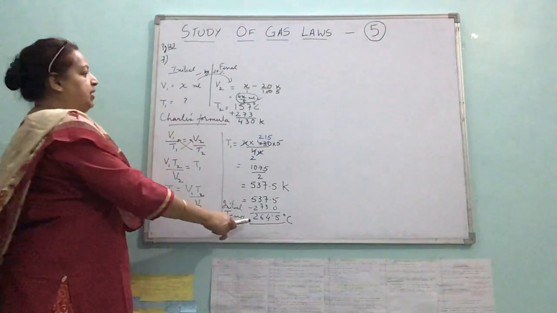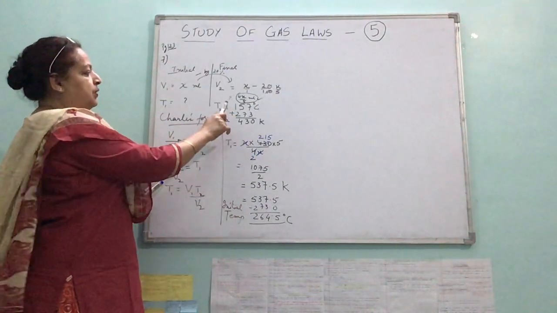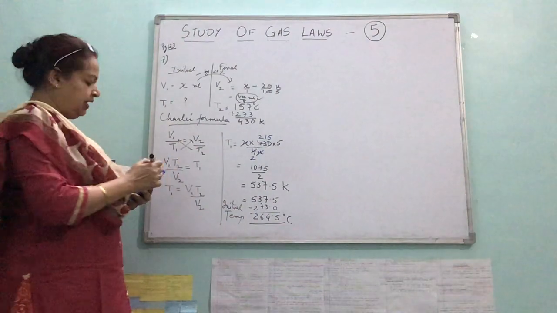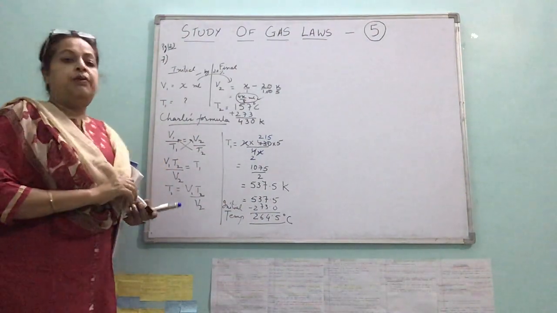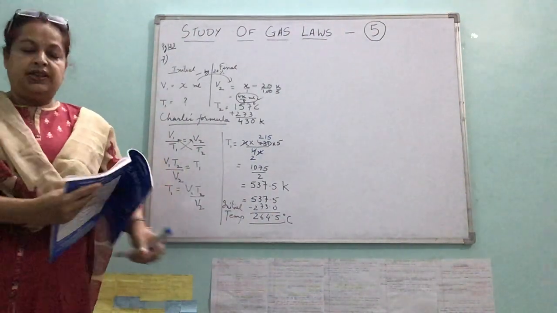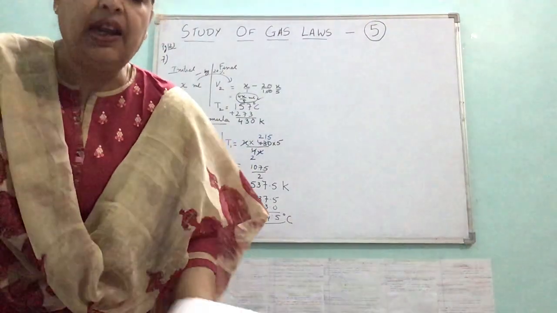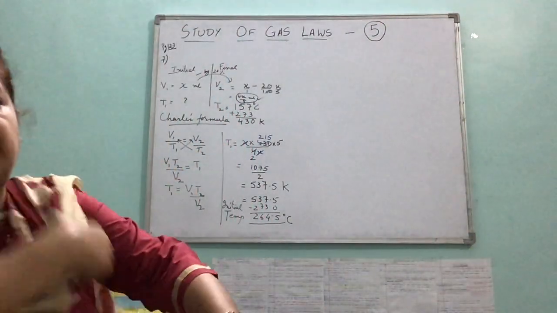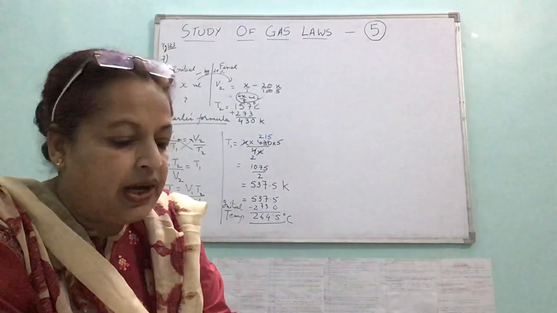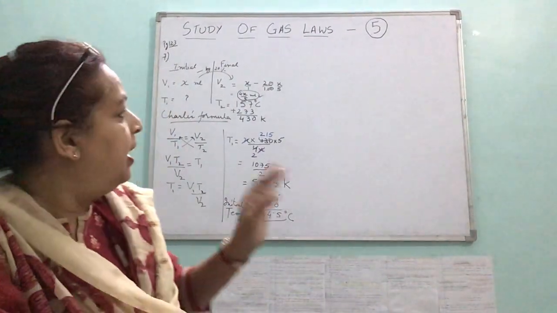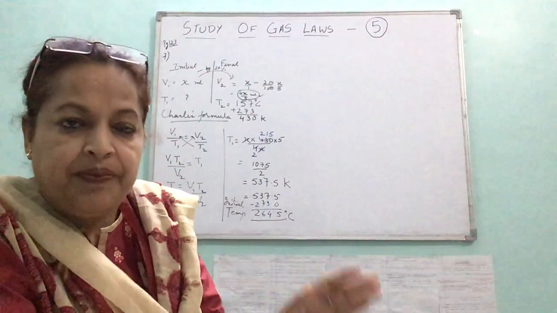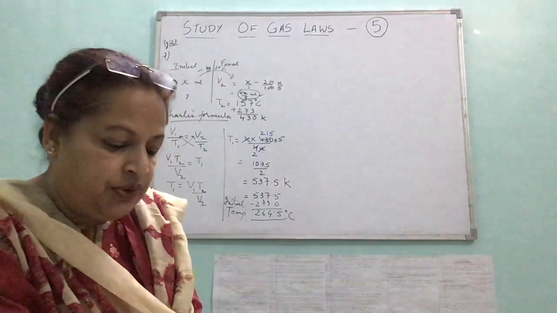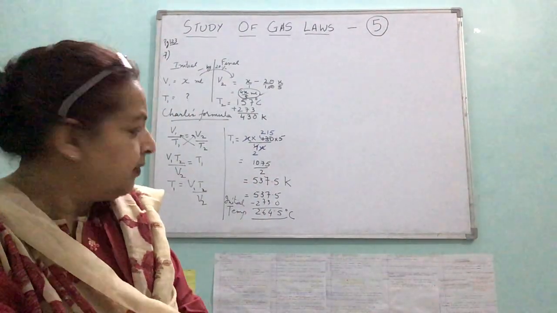So if the initial temperature is this much and if it is cooled to 157 degrees centigrade, the volume would be reduced by 20%. Reduced by and reduced to, these two are different things. Reduced by 20%, we just subtract 20% from the original. And if the word is written reduced to, then whatever is remaining is 20% only.